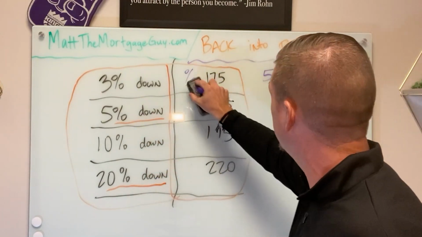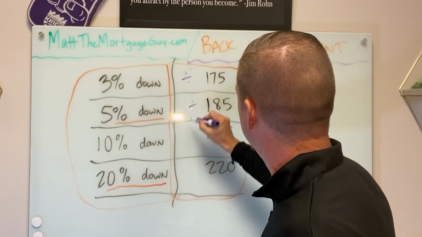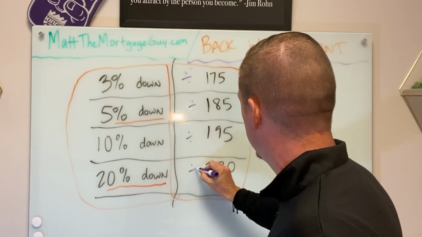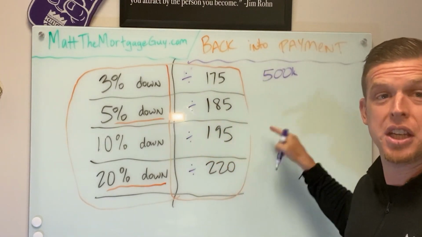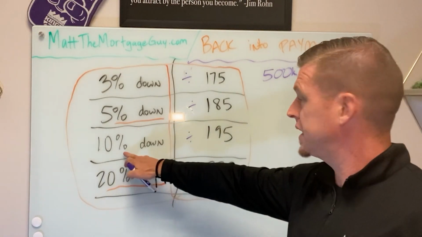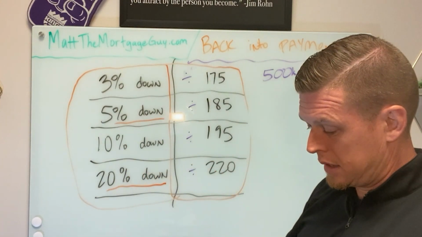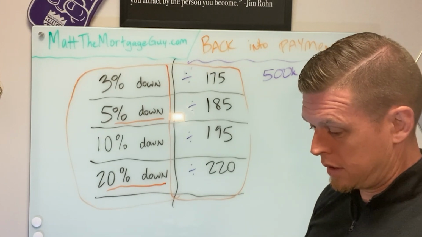Is that how you do divide? It's been a while. Divided by this number to get your purchase price. Let me grab my calculator. 500K, 10% down, divided by 195. 500,000 divided by 195,